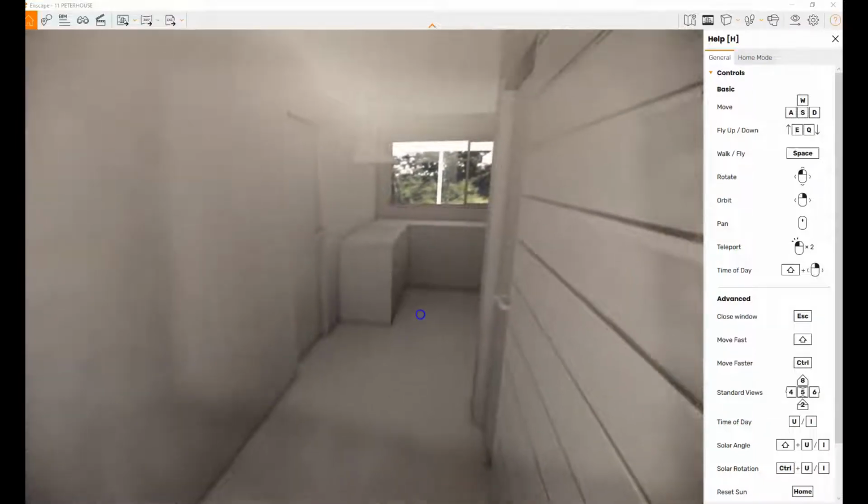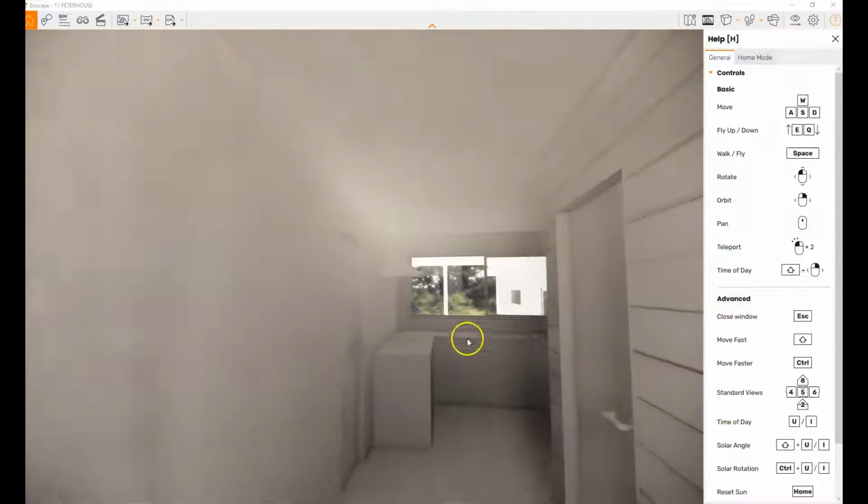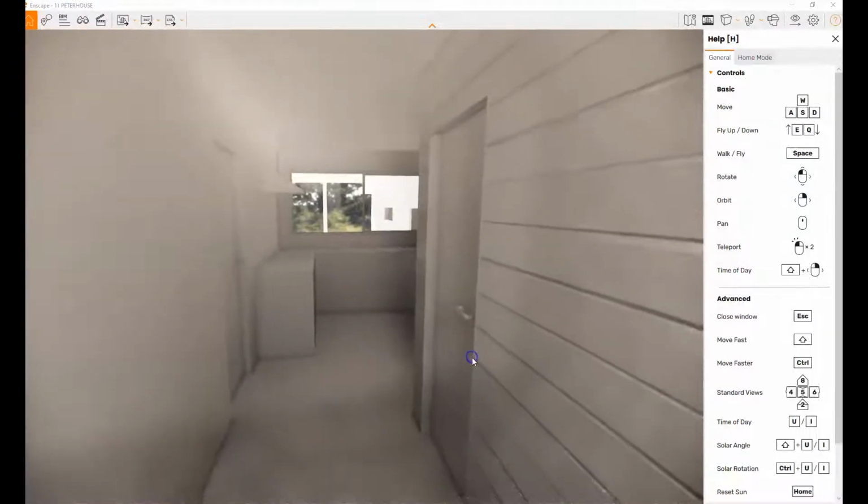Yeah, hey Kev, Chase. So I've updated the drawings. Just make sure that I've actually got everything, but I'll just walk through. Now, if we walk into the spare room,